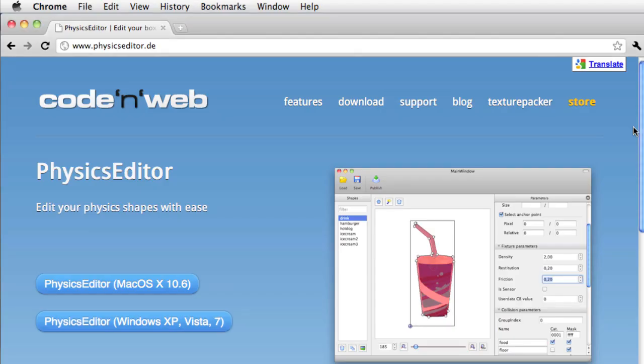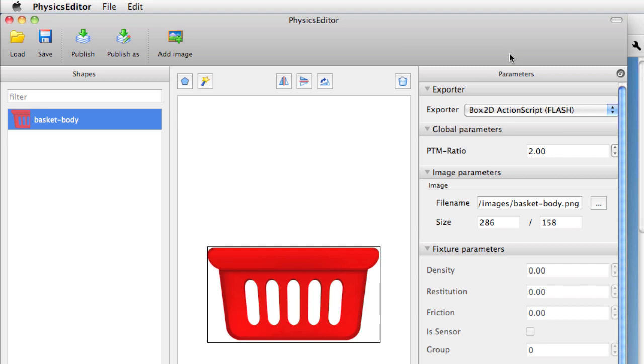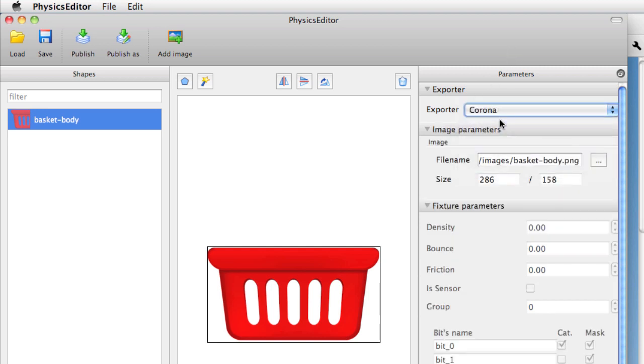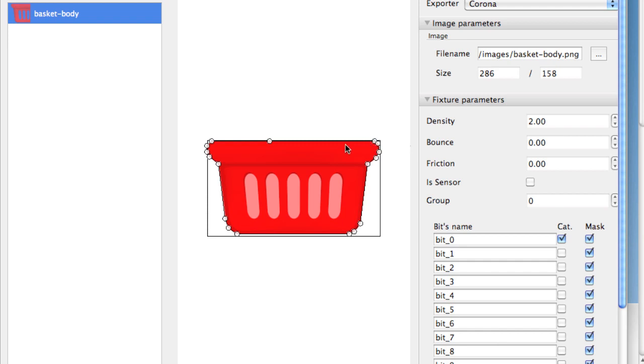Physics Editor is an application that allows you to import an image and draw a polygon around the image. And what it'll do is it will export a series of polygon definitions the same way that we just created by hand. We'll take a look really quickly at the basket and how we can speed up our workflow. I've imported the image into Physics Editor, and for the exporter, I'll set it to Corona. Now I'll click this star icon, which will draw a polygon around the object. Now what I'll do is choose OK, and I can begin to affect the shape of this by dragging these points